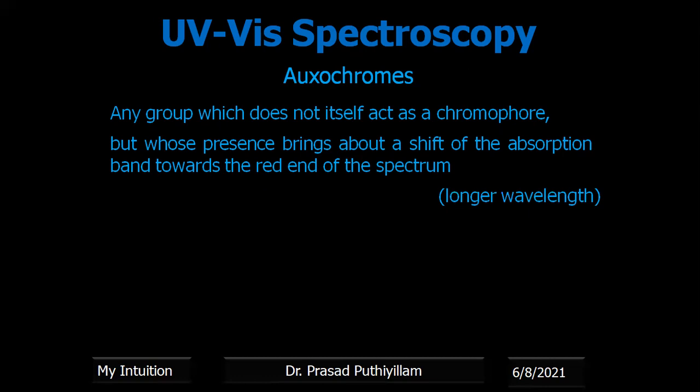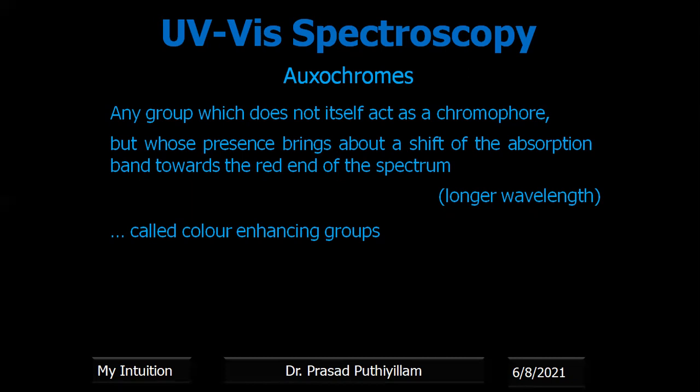The VIBGYOR as well as UV spectrum, their wavelength, frequency, energy levels and wave number, everything is explained in my previous video. Go through that and it will be clear what the red end and the violet end are. Next to the red end is IR radiation. The violet end we call the UV range.